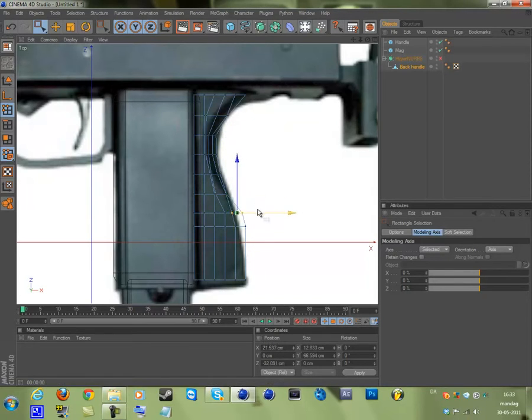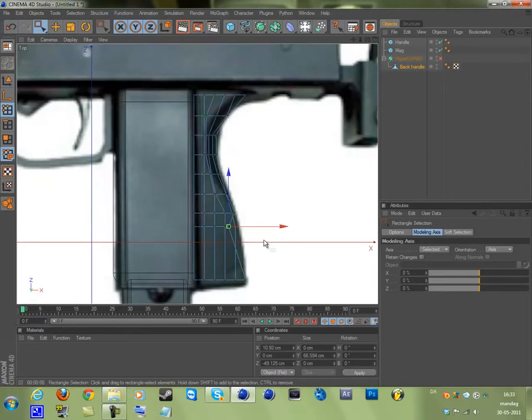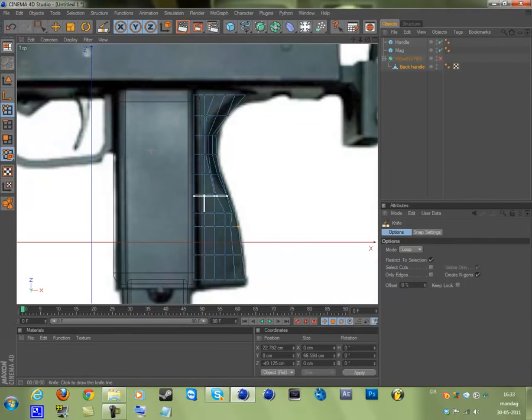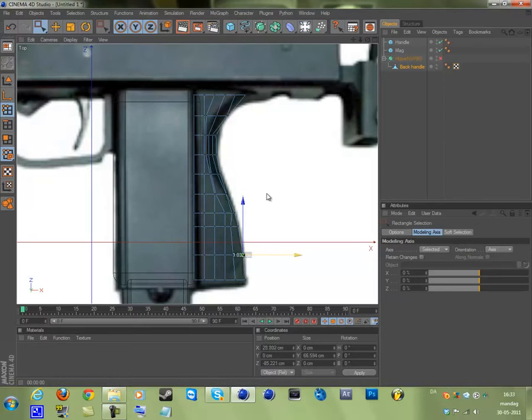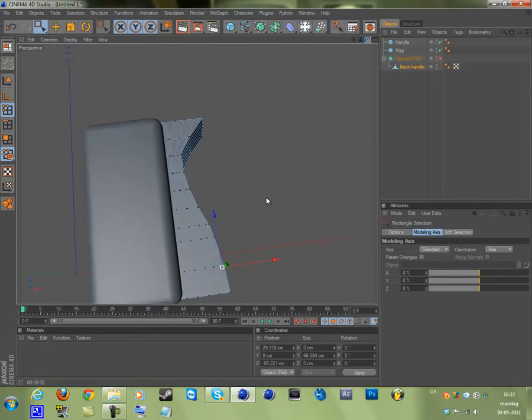So if I select 2 points, because I want the other point not to stay behind, and I do this, you can see it's going in here and the other dot is still there, and it will make impossible black things. So you want to select both dots, drag them in, and then select the other dot here. Actually, let me make another cut right down here. Yep. Just drag this one out. So as you can see, we have our basic shape of this handle.